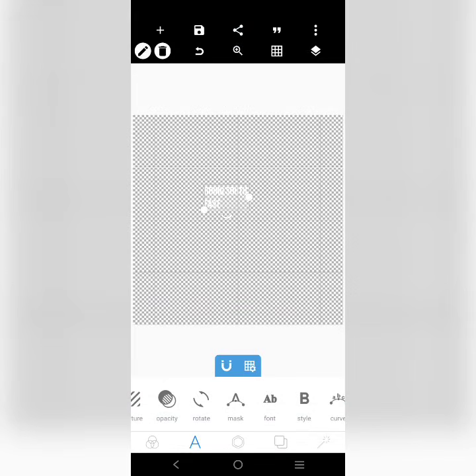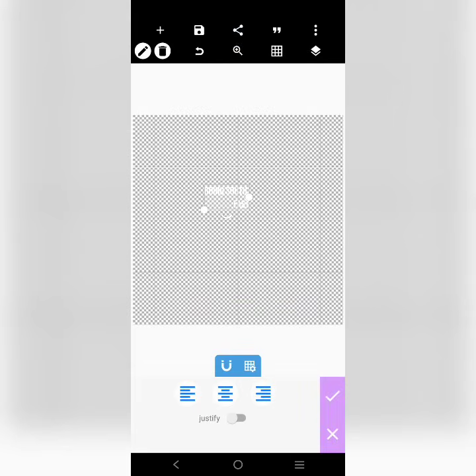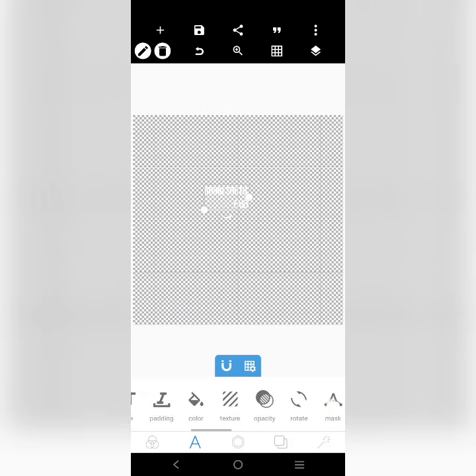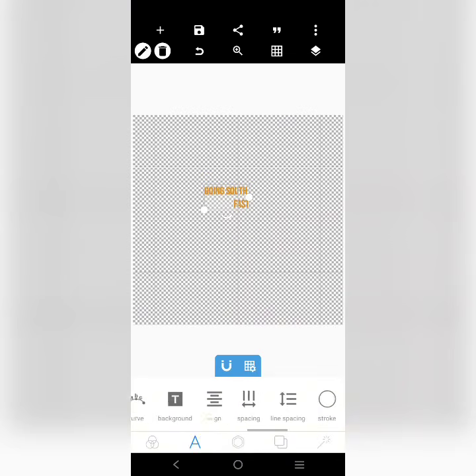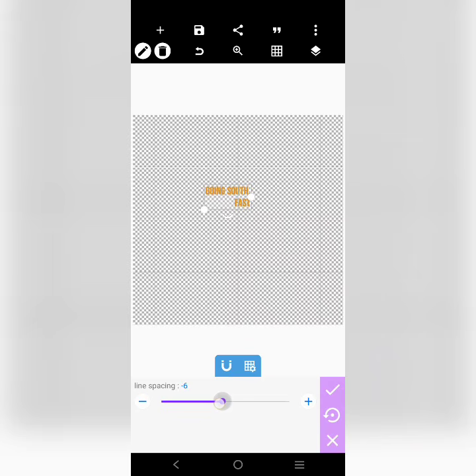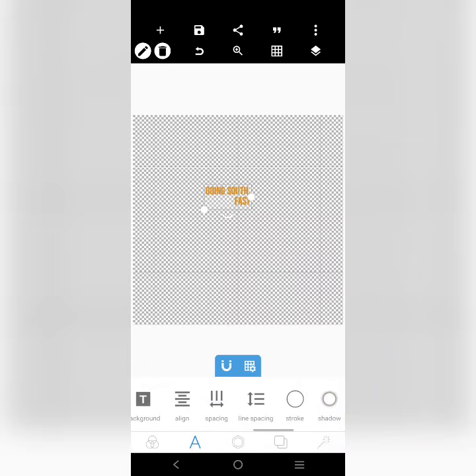Then we would come to this alignment and use a right alignment. After that we change the color to this color here. We'll make it bold and then close up the line space a bit. After we're done with this one, we'll save it, so let's increase it like